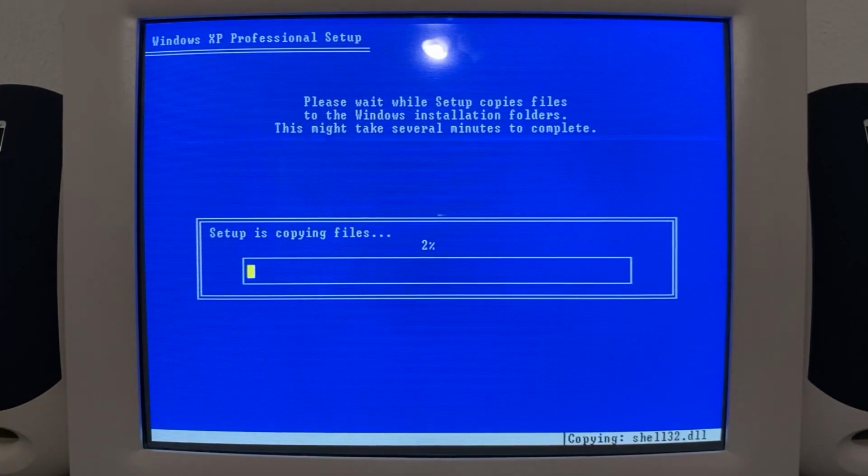Now this is another difference. It's this message right here. Instead of saying Windows 2000, it says just simply Windows again. So please wait while setup copies files to the Windows installation folders. This might take several minutes to complete. So yeah, pretty much this text-based portion of setup is virtually identical to that of Windows 2000's